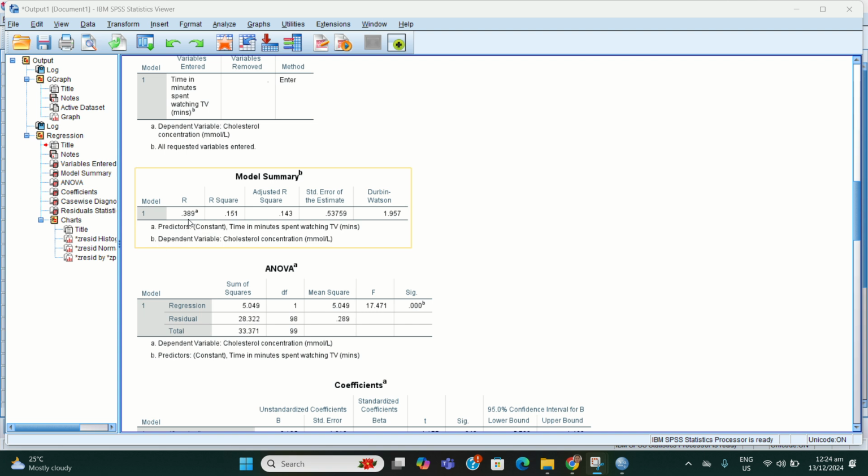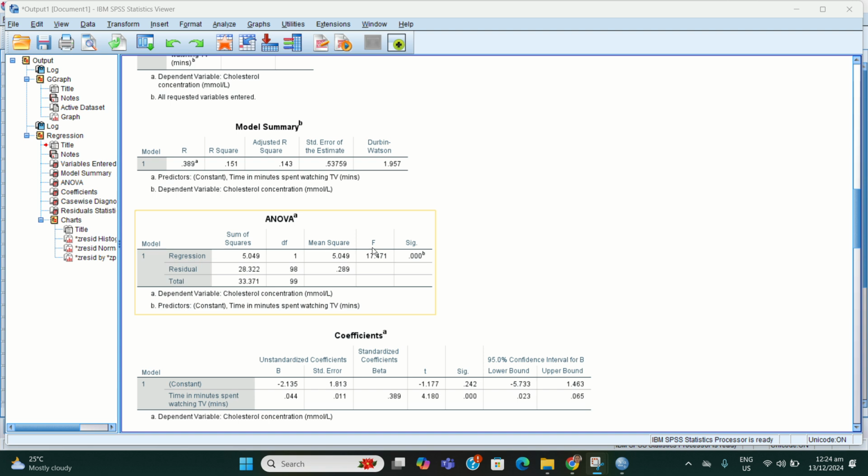This result, R as 0.389, indicates that there is a moderate strength correlation. However, this value is not normally of interest in a linear regression analysis, so you will not normally report it.